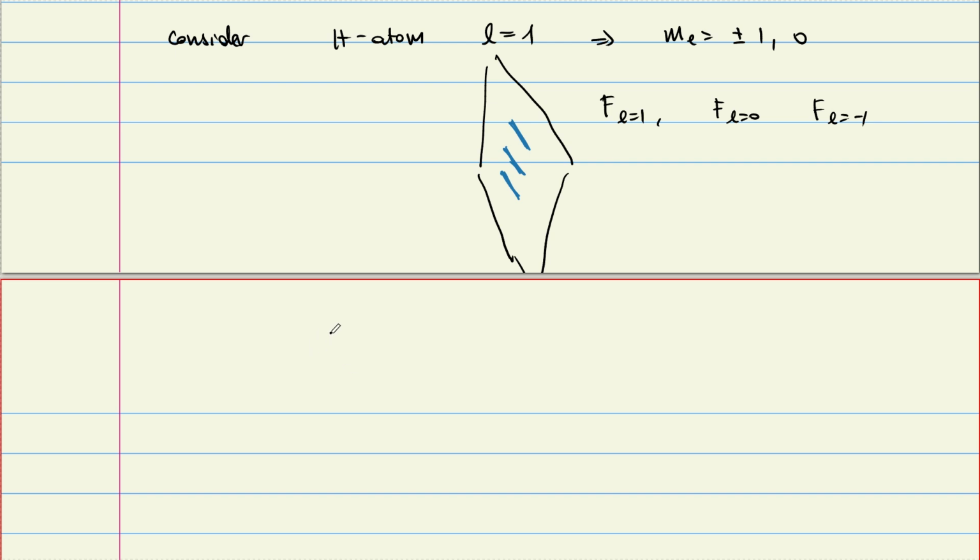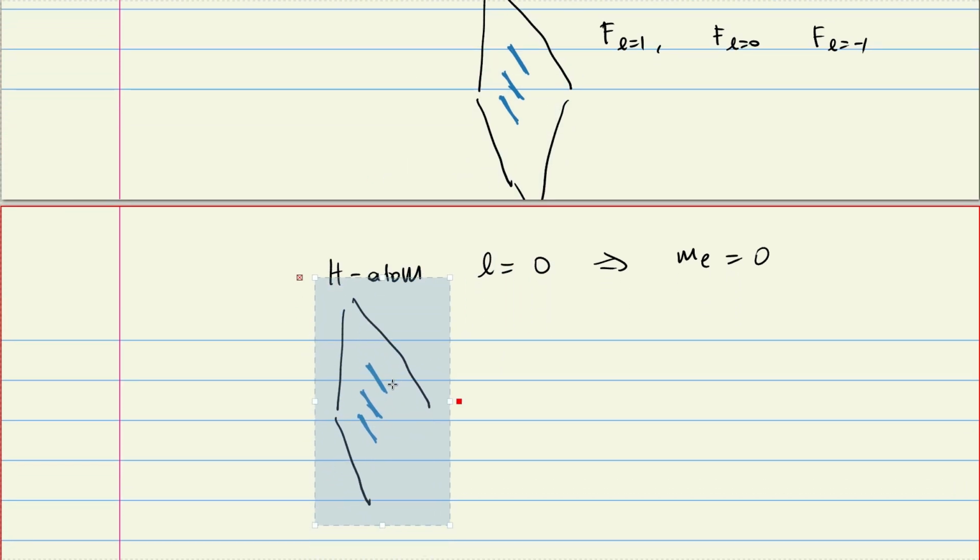Similarly, if we have an H atom in the L is equal to 0 state, then ML is 0. So how many lines do you think I should see in this case? This is the ground state of the hydrogen atom, L is 0, ML can only take one value. How many forces do I have? One force. How many lines should I see? One line, right? So we expect,